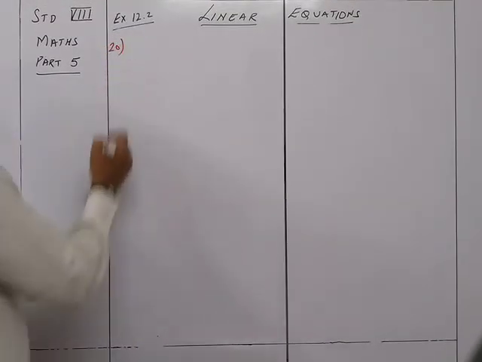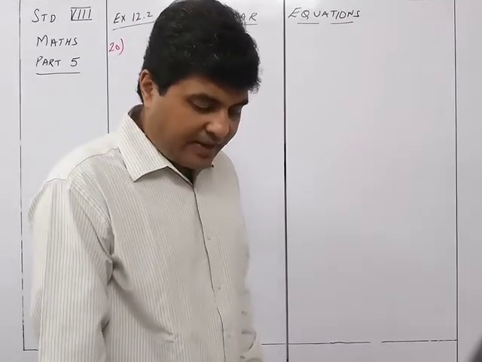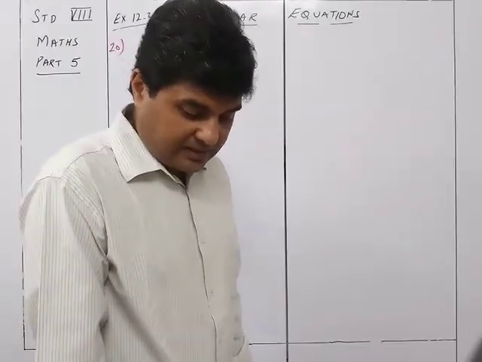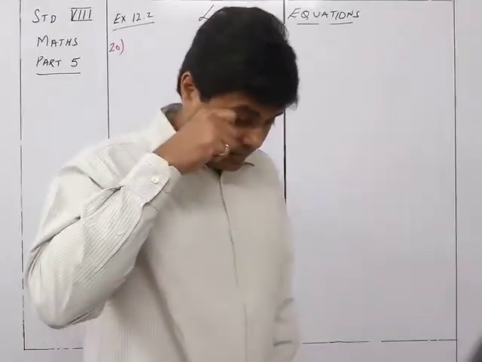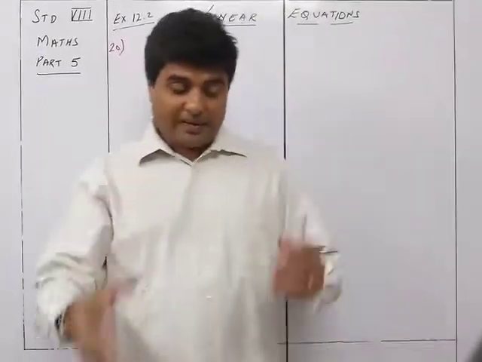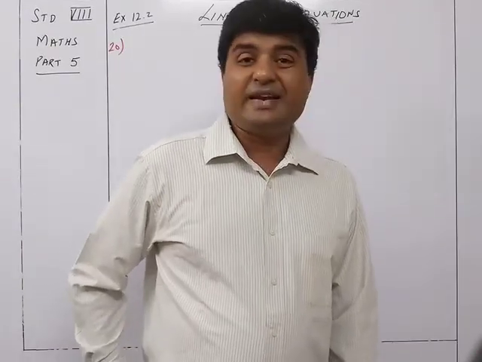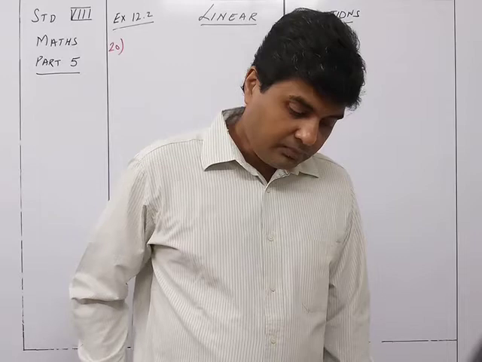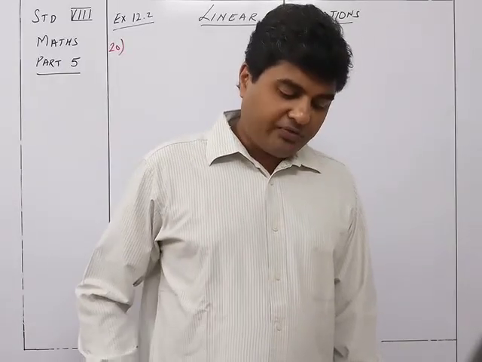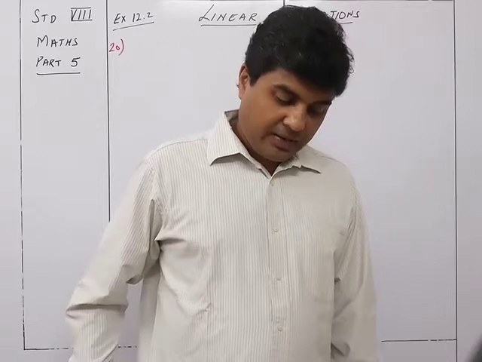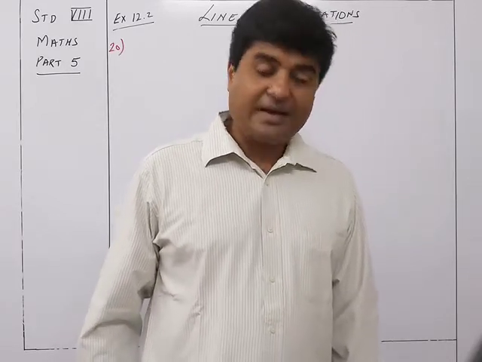So sum number 20. Sakshi takes some flowers in the basket and visits 3 temples one by one. Okay, so let's see. She has got a basket and she has got some flowers in it, and she visits 3 temples one by one. At each temple, she offers 1/2 of the flowers from the basket. If she is left with 6 flowers at the end, find the number of flowers at the beginning.